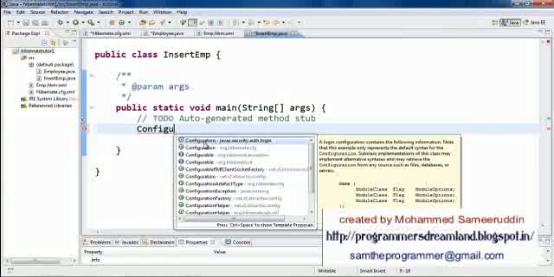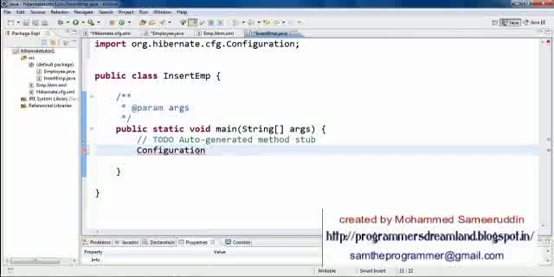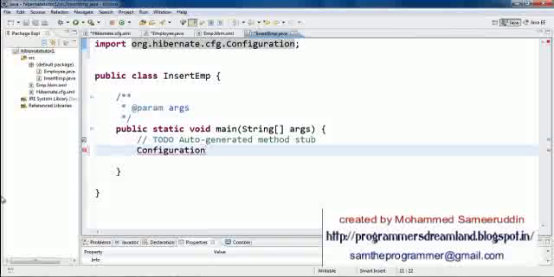Okay, yeah. Now see, I get Configuration. There are 2 configurations available. One is javax.security.auth.login.Configuration, which I'm not going to use. What I'm going to use over here is the Configuration from org.hibernate.cfg. Alright, so this is the configuration I'm going to use. It imported the Configuration class from the Hibernate package. So the configuration object is equal to new